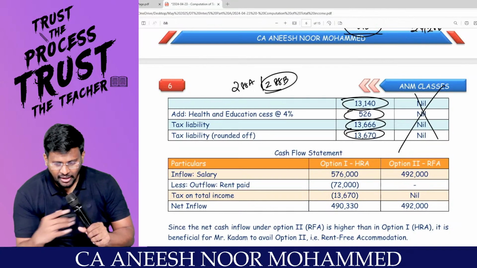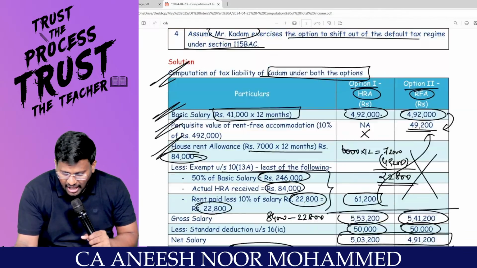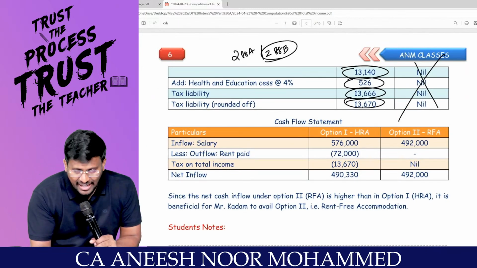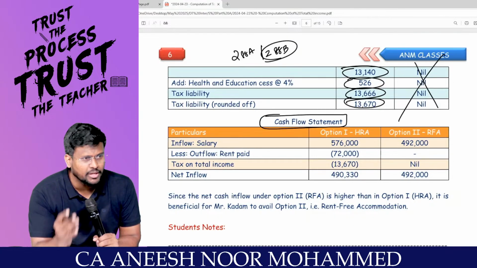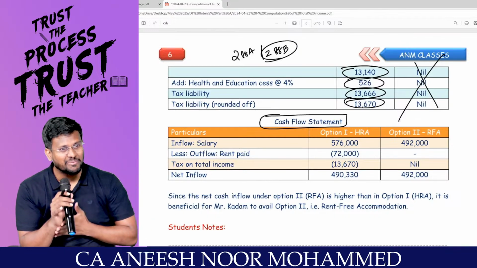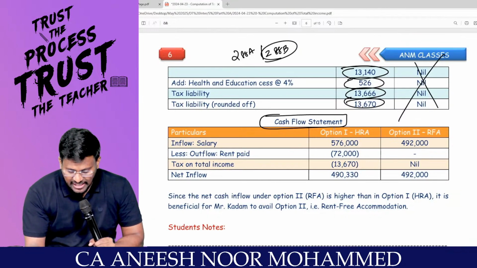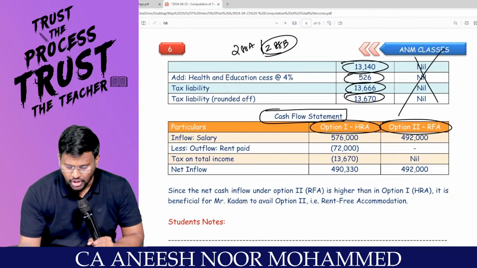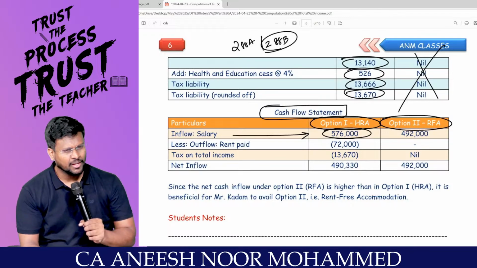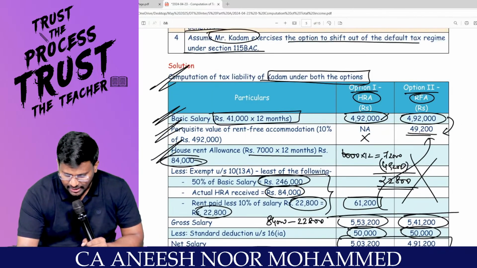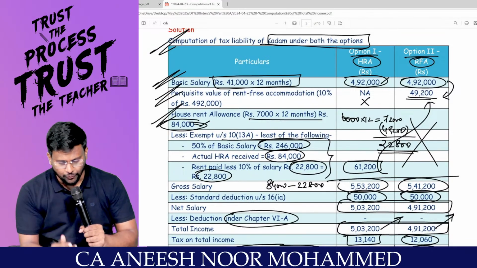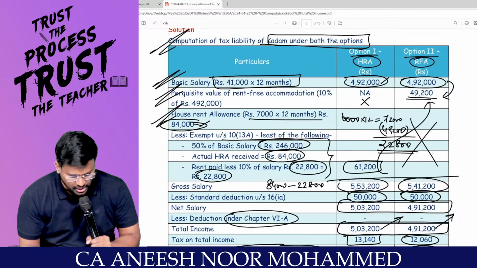HRA, RFA. Under RFA, there is no HRA. Very important for advanced accounting: you have to prepare the cash flow statement. If the employee opts for the HRA option, he will get 5,76,000 as inflow of salary, because he will get 4,92,000 plus 84,000 HRA. Calculator: 4,92,000 plus 84,000 comes to